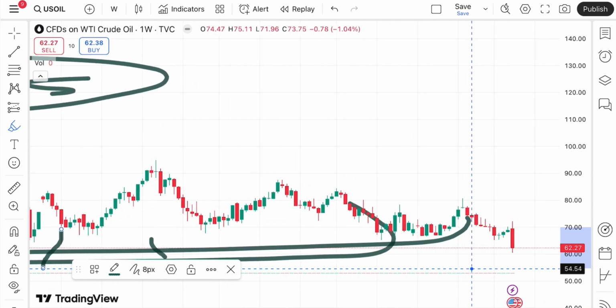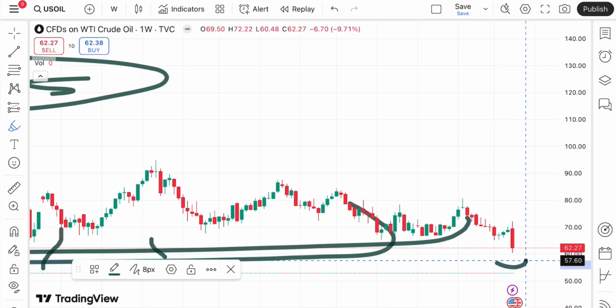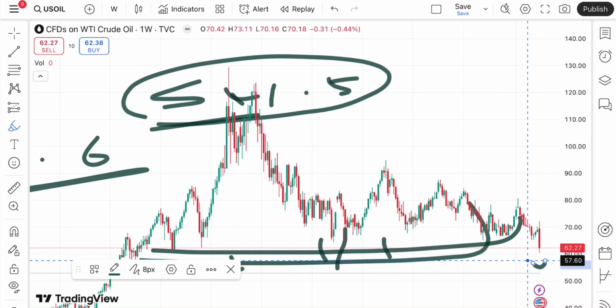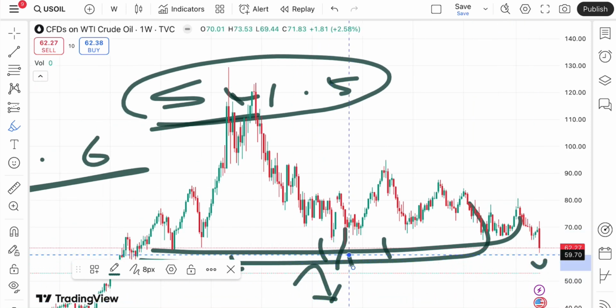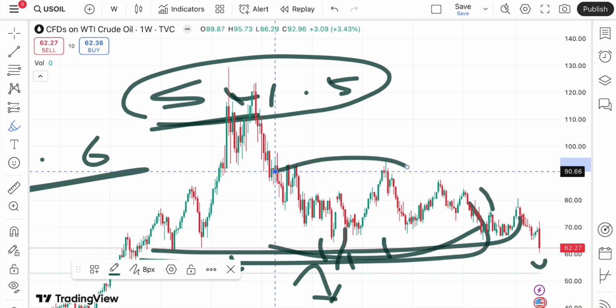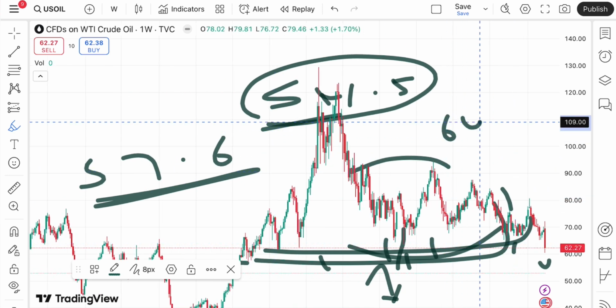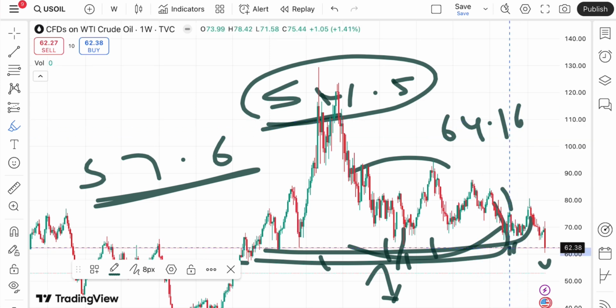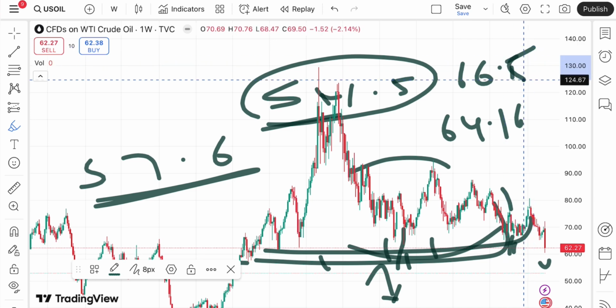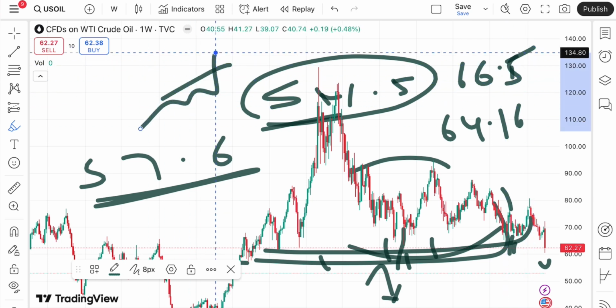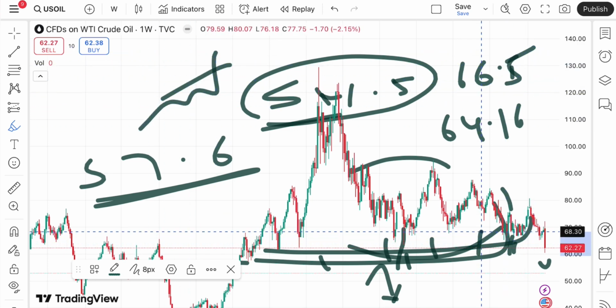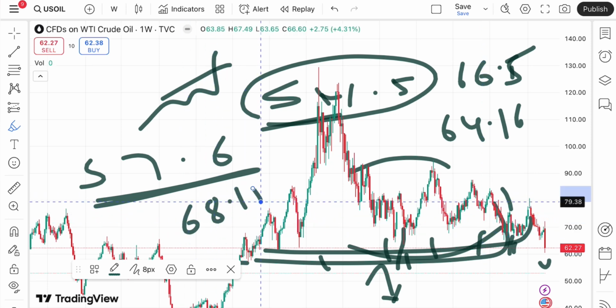But if the price sustained this level, or if it started going above this level and this bounce back didn't sustain and it moves in this zone. So suppose if the price sustains this level, chances are high it will touch a level of around $64.16. If the price moves above that particular level, it will touch a level of 66.5. This 66.5 is already being tested, so chances are high the price will go further upside, and yes, after that it will touch a level of $68.15.